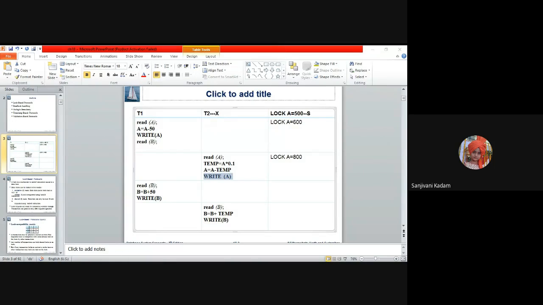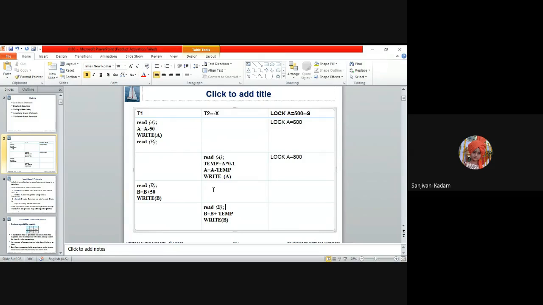No one is answering. Yes, no. Okay, I'll give the answer. So here, read B will read the initial value of B. Write A is going to perform changes to A. So whether my read B executed first or write A, it doesn't matter, because A and B are different data items. And hence the order of this write A and read B doesn't matter to me. But in this case, between write B and read B, it matters.